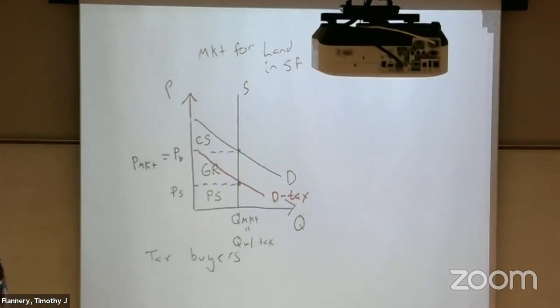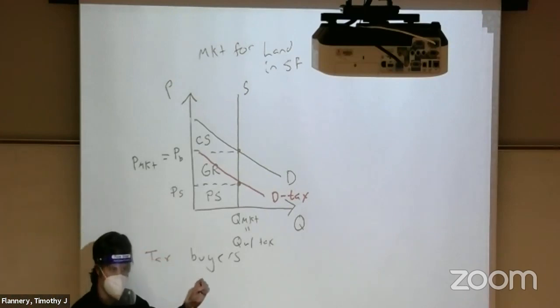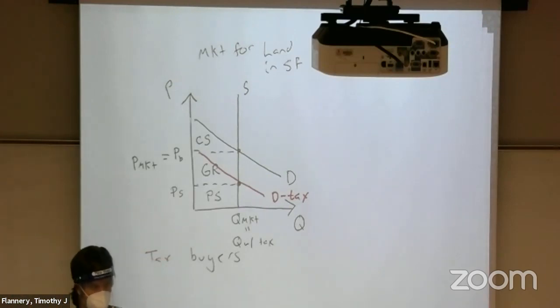All right, everyone hear what I said? Perfectly elastic, the other curve is going to bear the burden. So if demand were perfectly elastic, then whatever the supply curve is going to bear all the burden of the tax. But here, when it's perfectly inelastic, the inelastic curve bears all the burden. So this relates back to tax incidence. But I said there's no deadweight loss. And this is related to what's known as the Ramsey rule. The Ramsey rule states